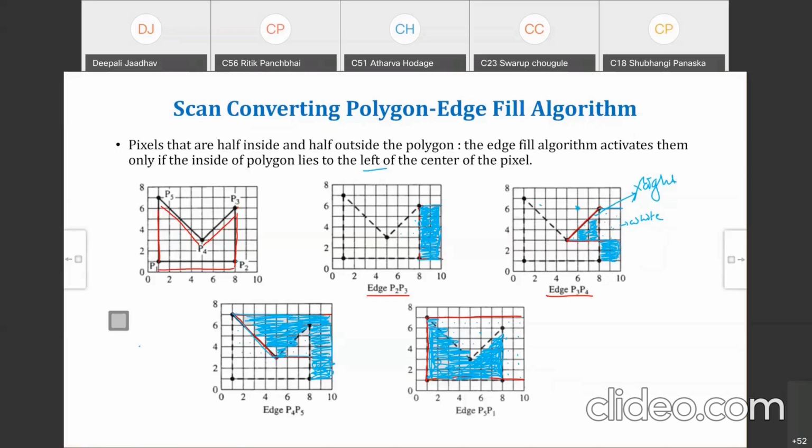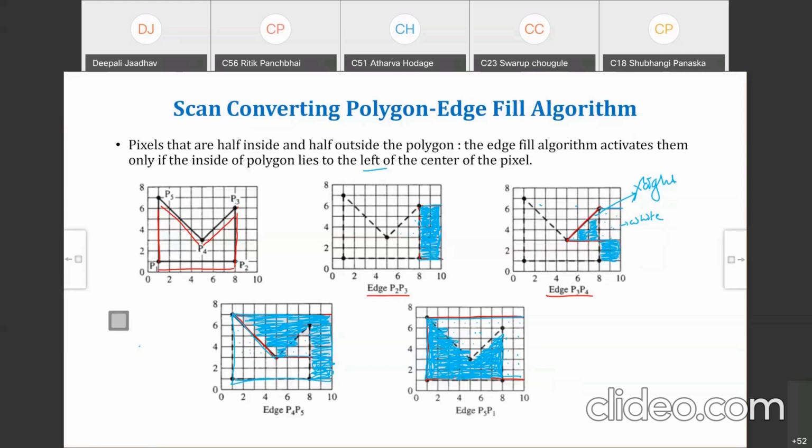And at the end we consider this line. So all the right hand side are complemented. So to complement it, this entire one is complemented. This part is complemented. So whatever the blue becomes white here, and whatever the white here becomes blue here, and you can see this polygon is filled with the blue color.